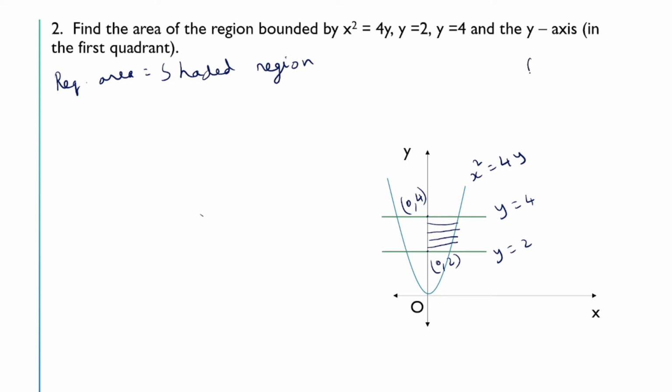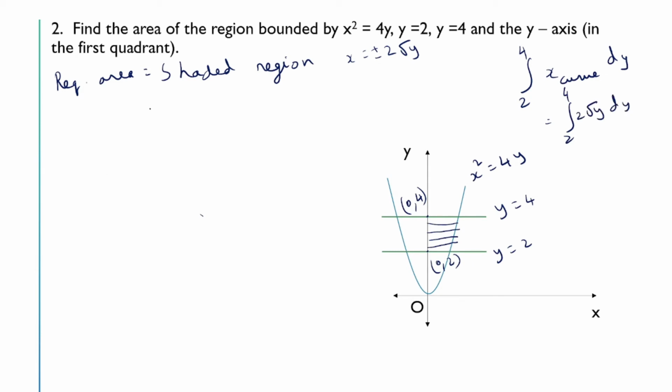So the integral will be from 2 to 4 x curve dy. Here our variable will be y and the limits will be with respect to y. So here y varies from 2 to 4 x curve dy. Here the given curve is x square equal to 4y or x is equal to plus or minus 2 root y. Again here we are taking only the positive side. So we will have only the positive 2 root y. So this will be integral 2 to 4 2 root y dy.